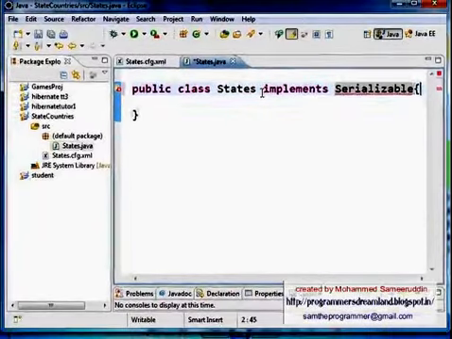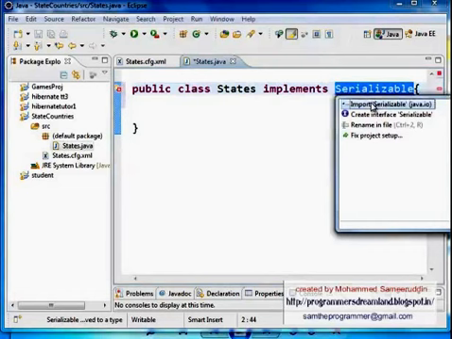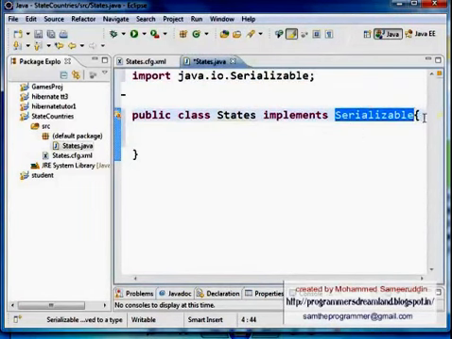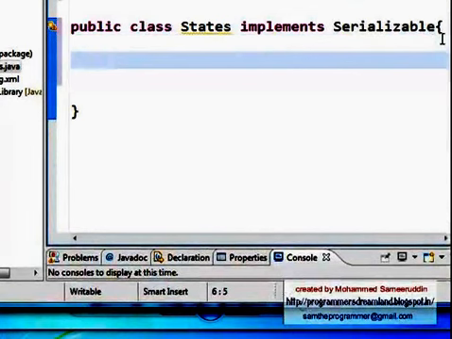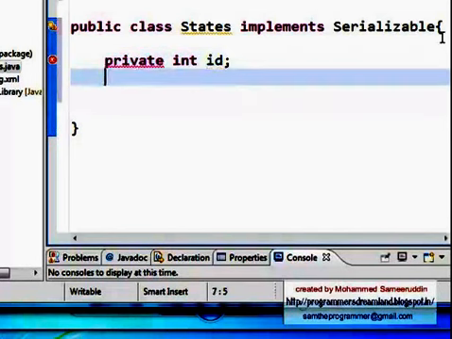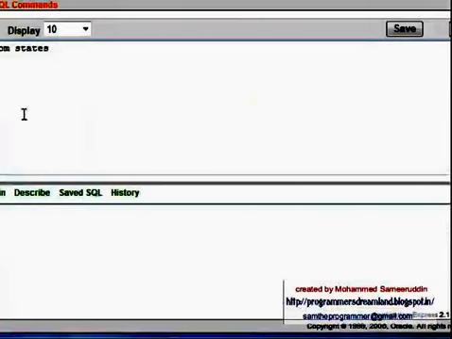Alright, so implement serializable, and then I have to create the variables. So my variables are private int ID. Alright, and then I have private String name. Alright, 2 variables. And the third thing I'm going to have, even though it's not existing in my table,